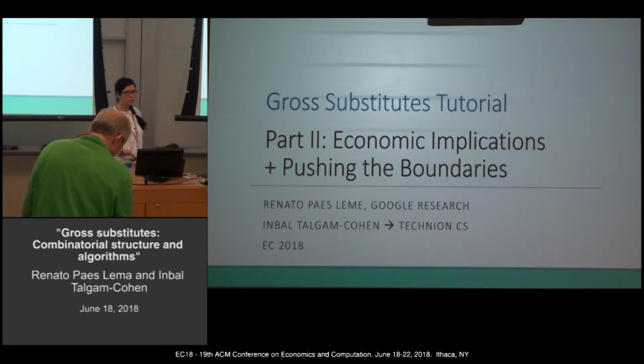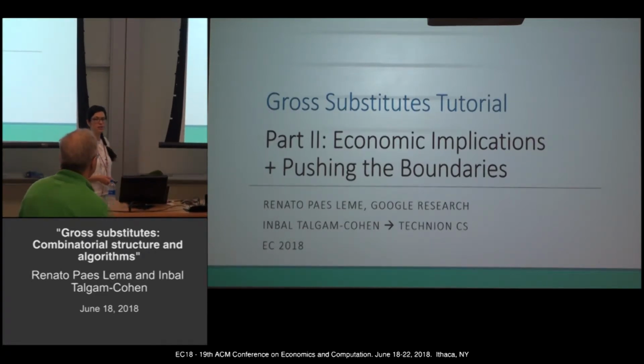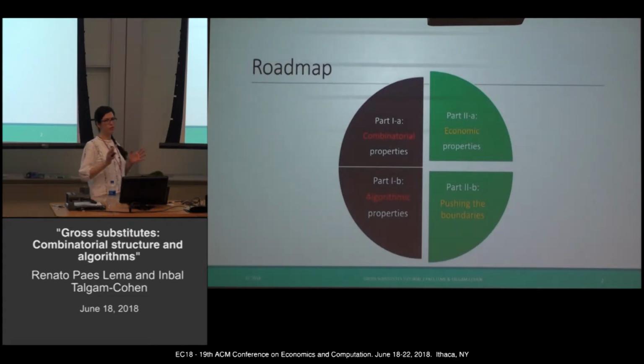Okay, so welcome to the second part of the tutorial. Can everybody hear me? Okay, so let me give you an overview of where we are. We've already discussed combinatorial and algorithmic properties of GS, gross substitutes. And now what I want to do in this part is talk about economic properties and then pushing the boundaries